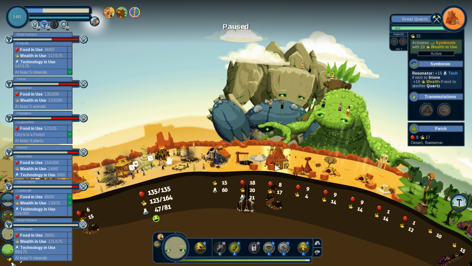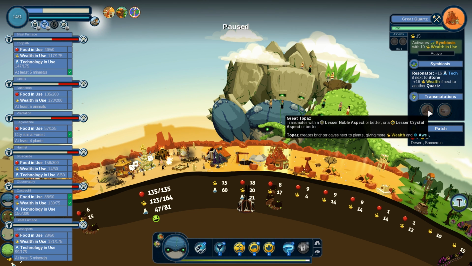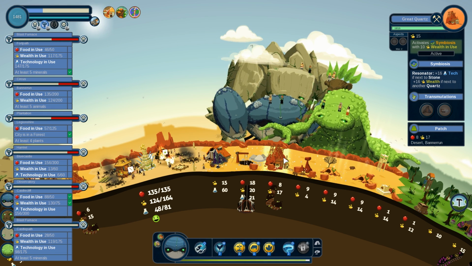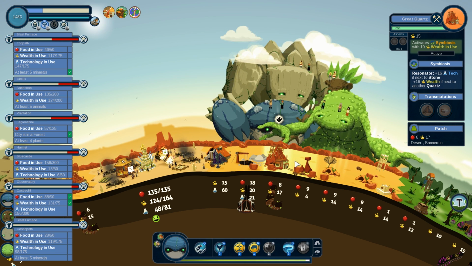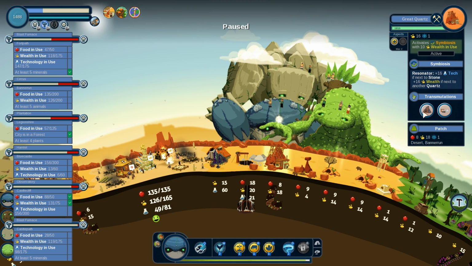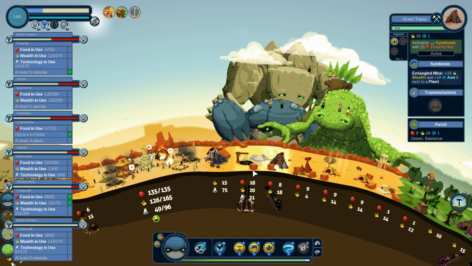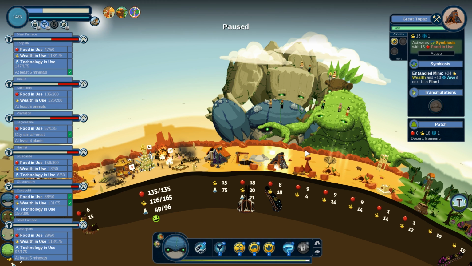Great topaz. Let's at least get some... what do you call it? Let's at least get our wealth up, and then we can worry about the rest of it. Let's get this up to... We don't want great salts. Let's do the topaz, because it needs to be a different thing here. And...